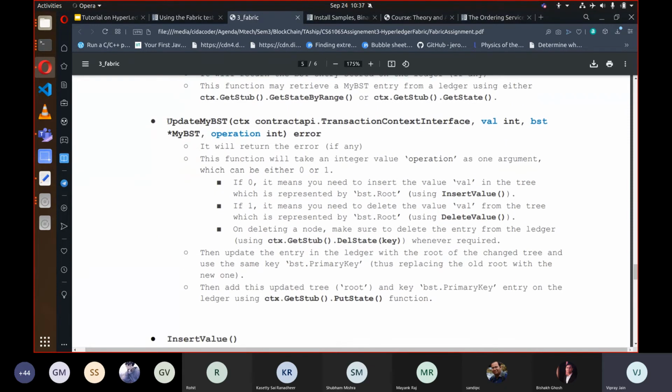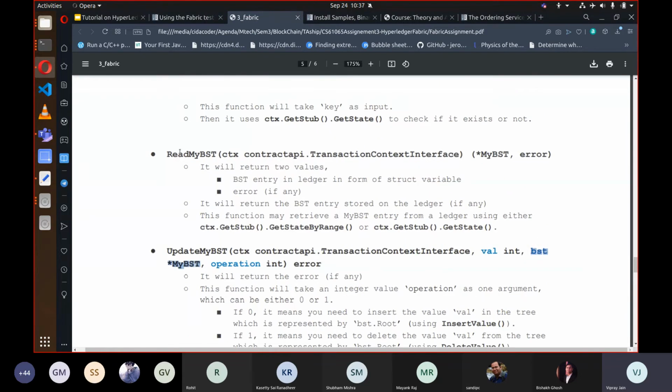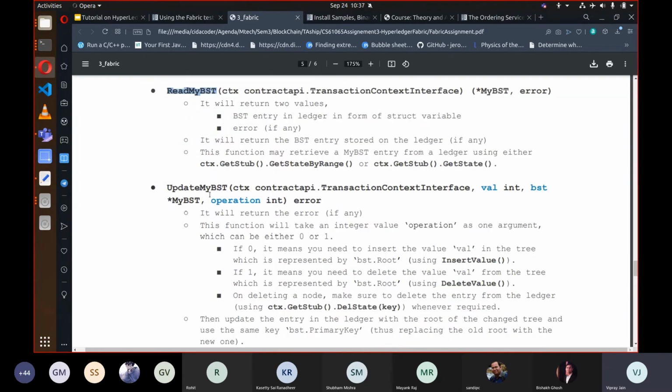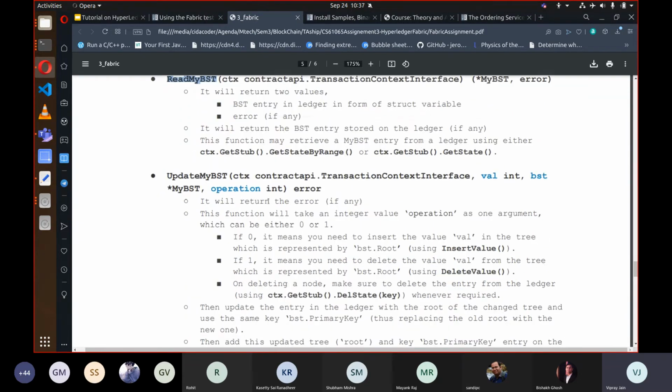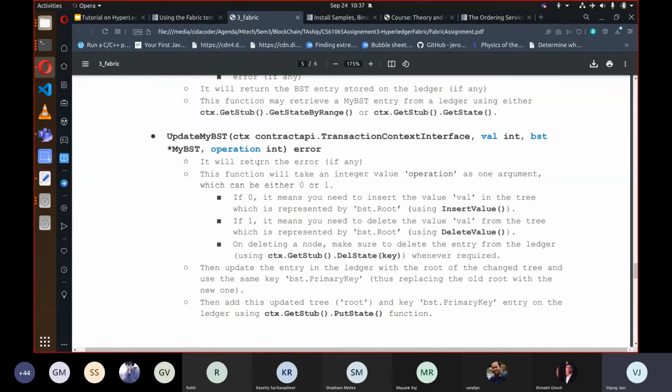Then there is an update myBST. It takes a value, the BST, and an operation integer. You can also take it as a bool. This operation integer is either 0 or 1.